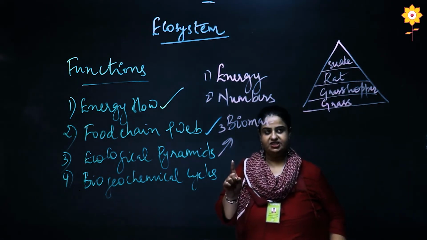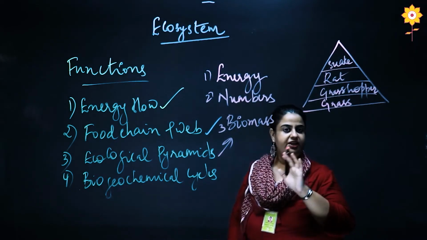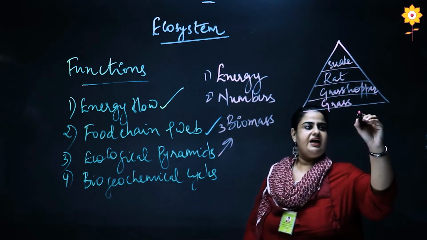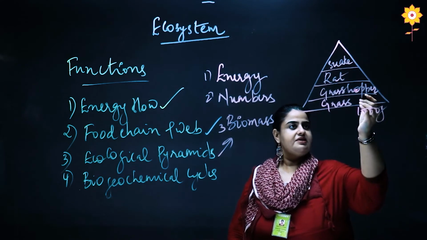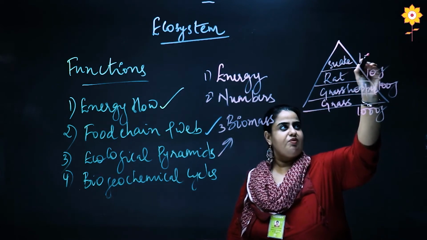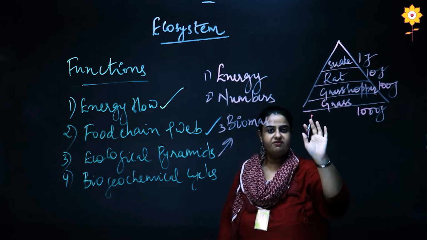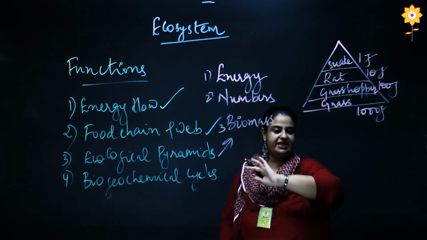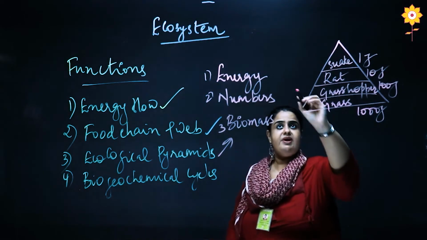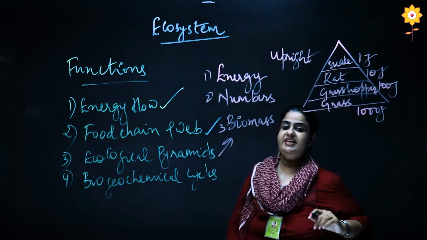As we have already discussed, when energy is transferred from one organism to the other by the process of eating or being eaten, only 10% of energy is transferred. For example, if grass has 1000 joules, grasshopper it will become 100 joules, rat it will become 10 and snake it will become 1 joule. So higher we go in an ecological pyramid, lower will be the energy. And this is one single most constant rule in ecological pyramid of energy. The pyramid will always be upright in nature because higher we go, lower will be the energy.